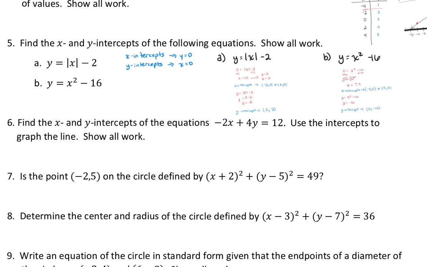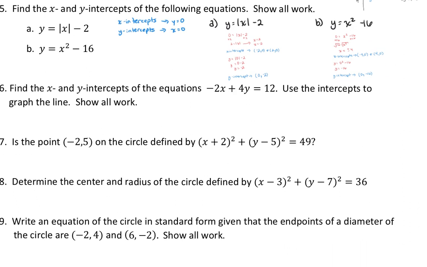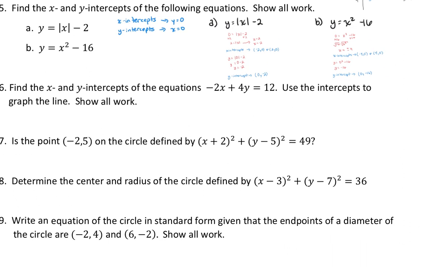It says, find x and y-intercepts of the equation negative x plus 4y equals 12. Use intercepts to graph the line. So, just like how we did for the last problem, our x-intercepts happen when y is 0, and our y-intercepts happen when x is 0. So if we want to try and find what our x-intercept is,